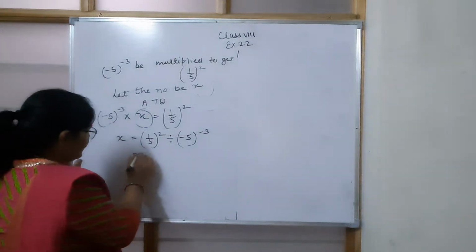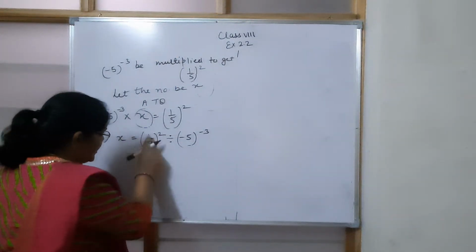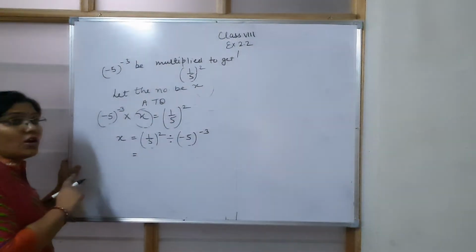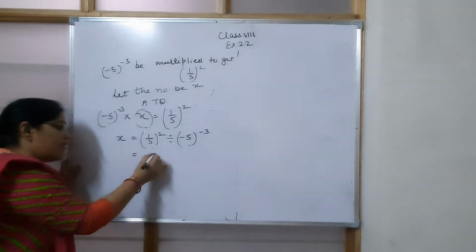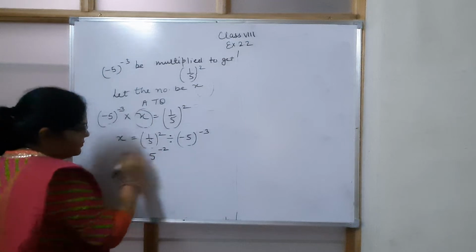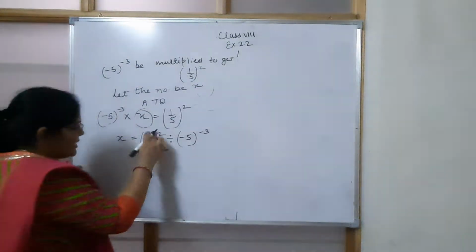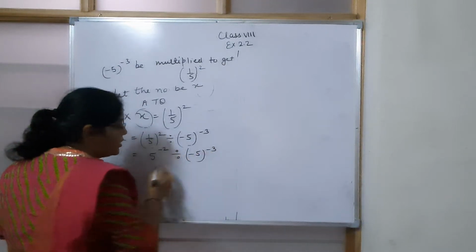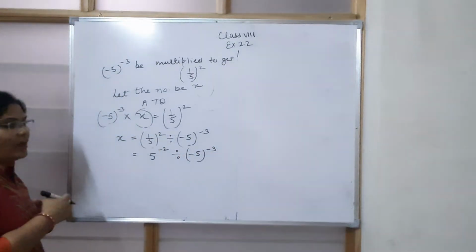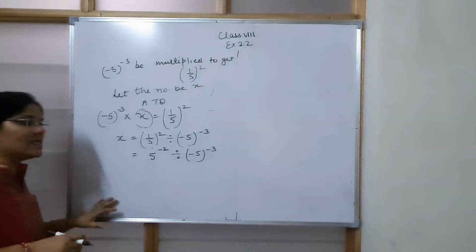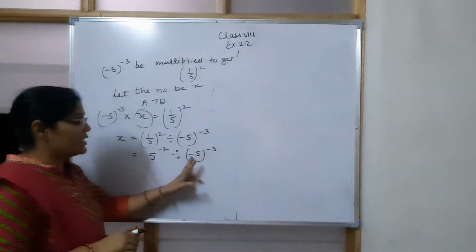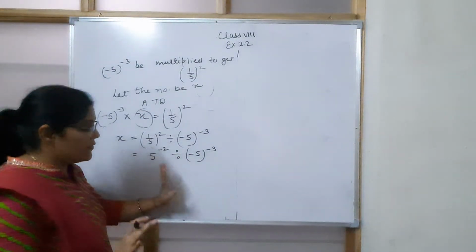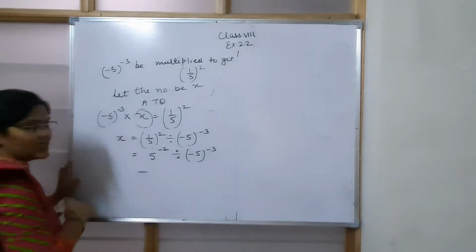So just look here. If I reciprocate the base, 1 upon 5 is the base, power is 2. So what is the reciprocal of 1 upon 5? 5 upon 1, which is 5. Power will become negative, right? Sign will get changed. Now division sign is there, minus 5 raised to the power minus 3. Alright, so it means we will get a negative number. I hope you understood why I am telling you. This is odd. So it means we will get a negative number. So I am putting a minus sign here.